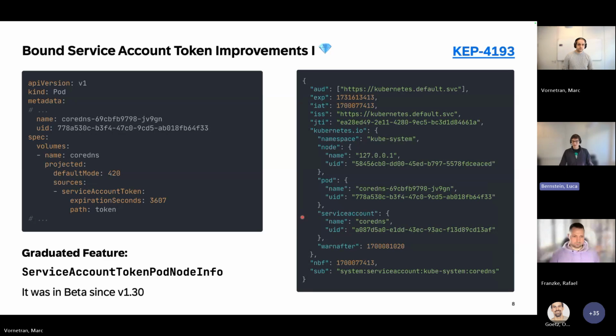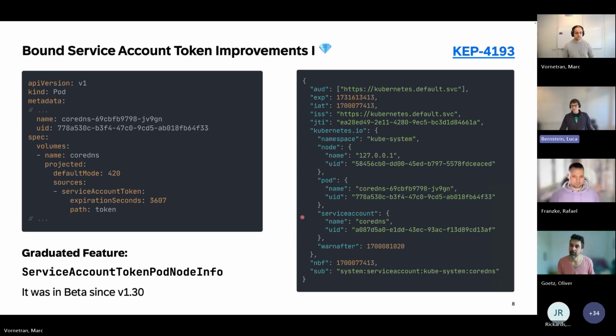Another feature that has been promoted was in beta since 1.30. Actually, a few feature gates all related to service account tokens were the bound service account token improvements. This feature includes information about, so if we have a projected volume in a pod that requests a service account, then in the service account, there's also information about the requesting pod and the node that it is running on